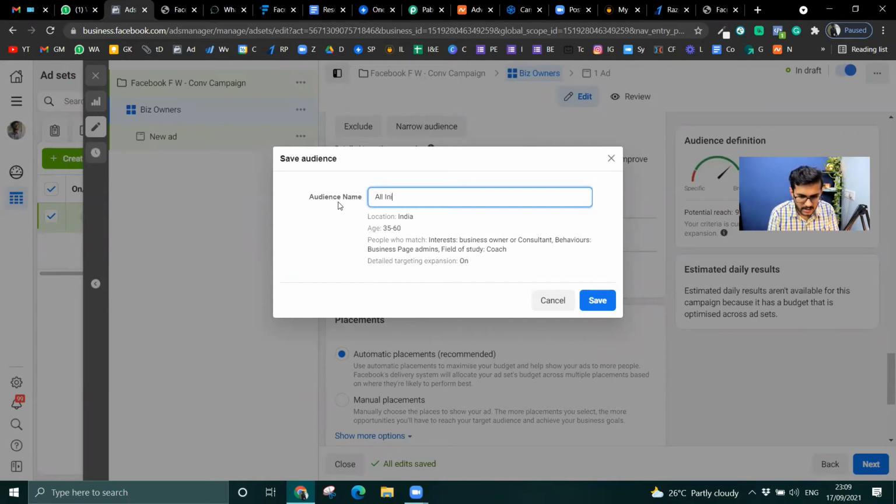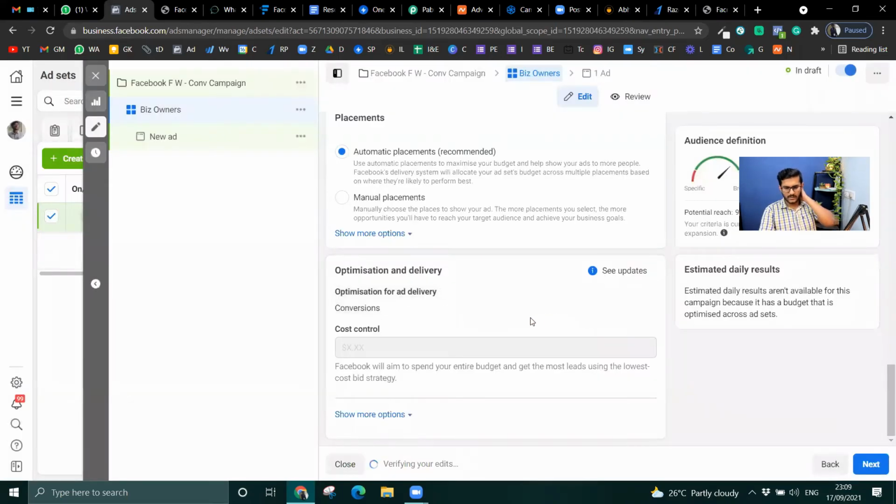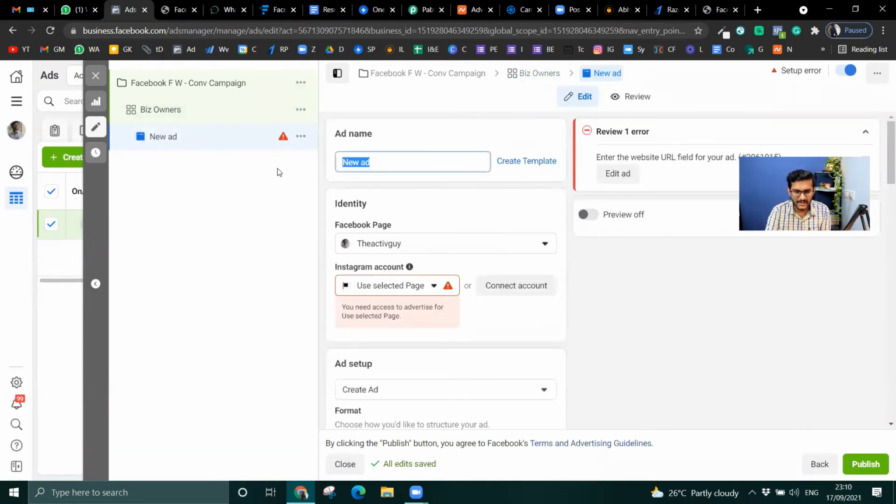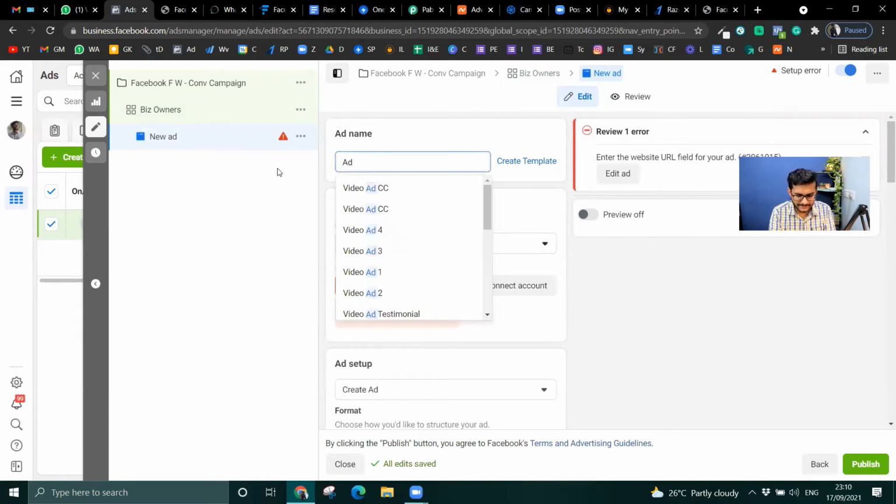All India biz owners. This is a very broad audience, so just don't copy this. Right, that's what I can say. Why? Because I will be measuring it every step and making the changes. This is just to set up and test the basic grounds or how the interest is. Then we go on tweaking it. So that is the reason. Then later, don't tell me that I did it for all over India, I just used 500 rupees and it's not working. It's not going to work that way, right? So I will just say add one.